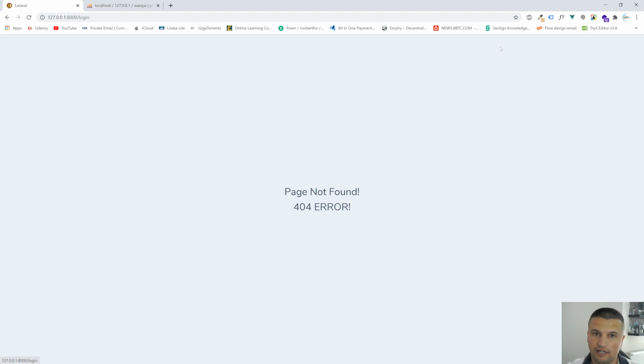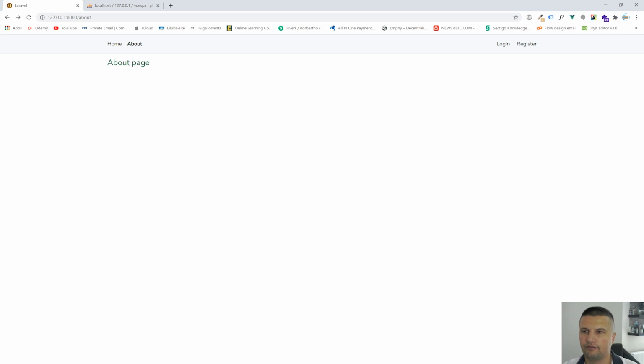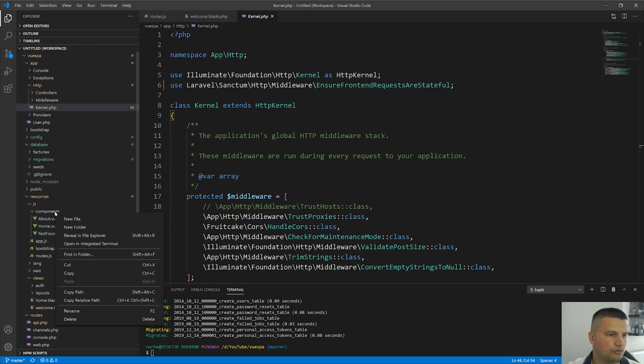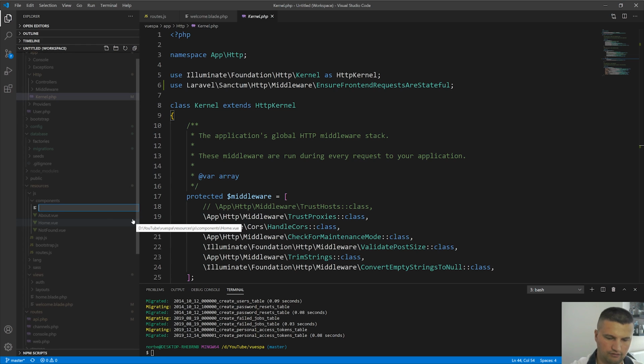Right, so now let's create these login and register pages. First of all, let's register them. Let's create these two routes, login and register, and these two components. If you go to the resources js folder, as you can see, we need to create two components. Actually three, because if we are logged in, we need a dashboard for the user. So first of all, we need to register the user. So let's create the register view